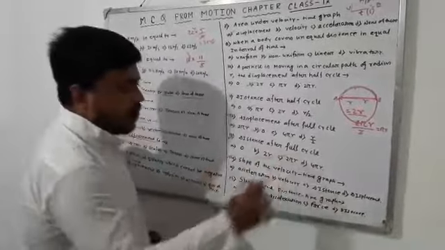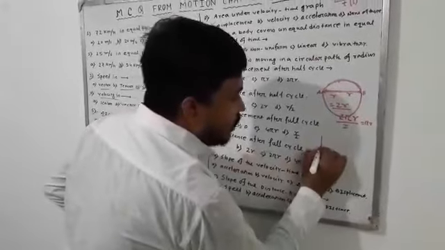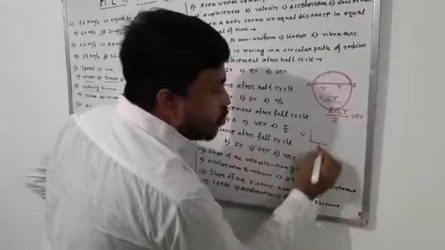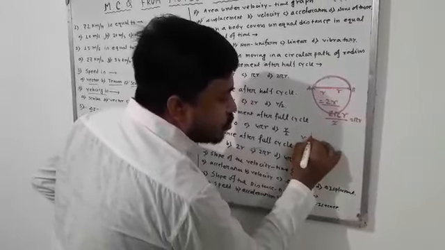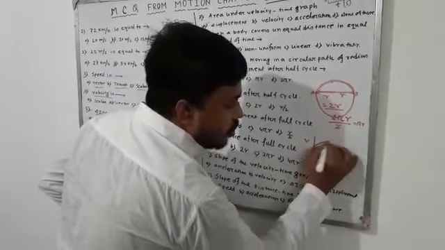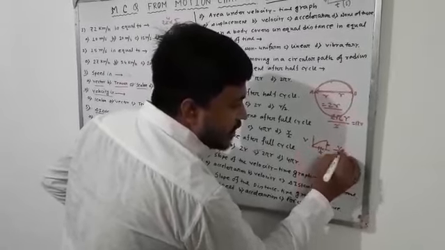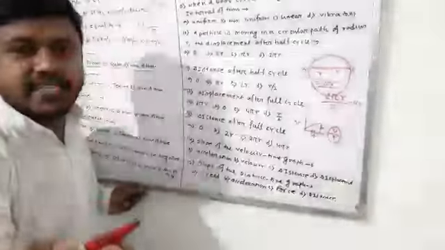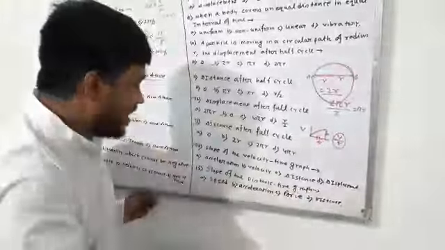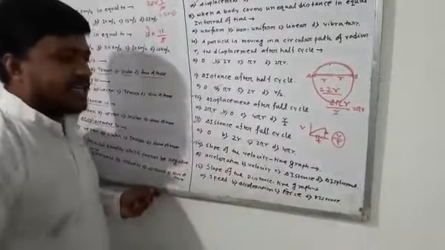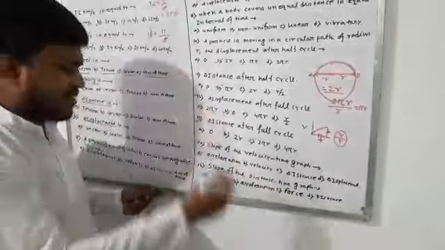And question number 14, slope of the velocity time graph. Dear students, this is the velocity axis and this is time. Slope means height by base ratio. So this is the velocity and this is the time. If you take the ratio velocity by time, that is equal to acceleration, students. So option A is the correct one. Without any hesitation, you give the answer, students.